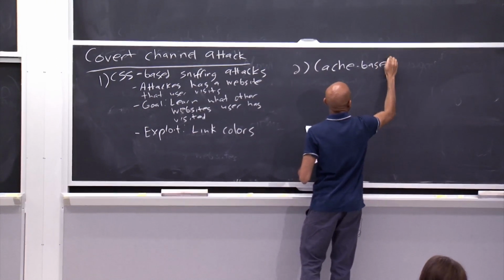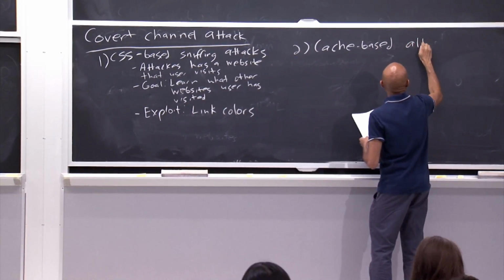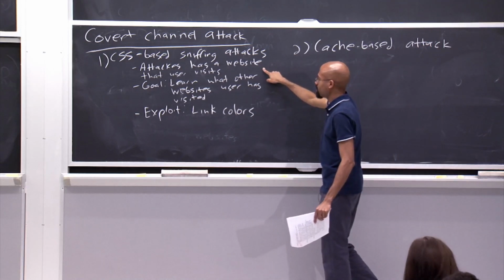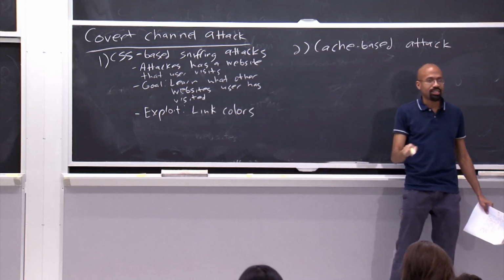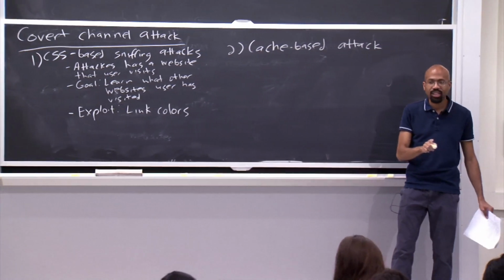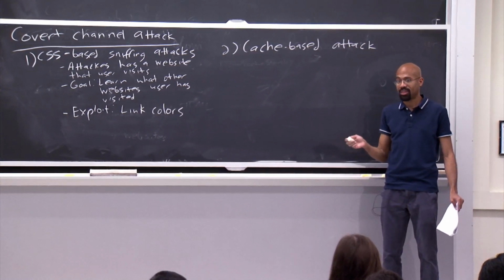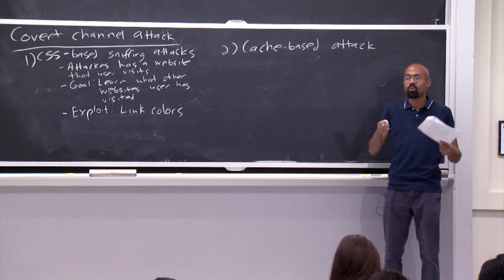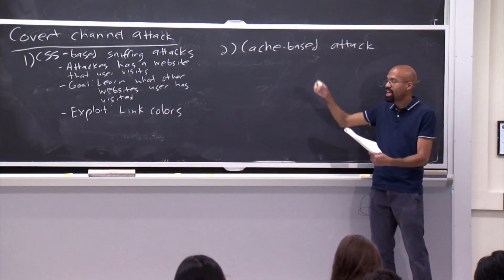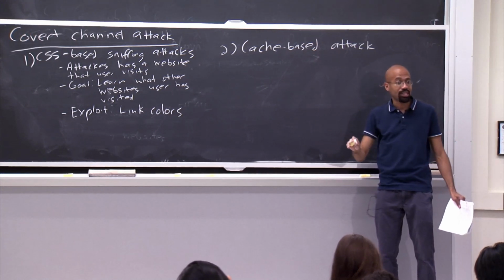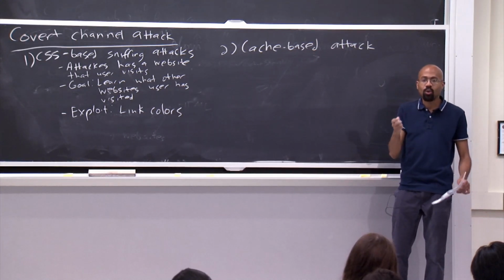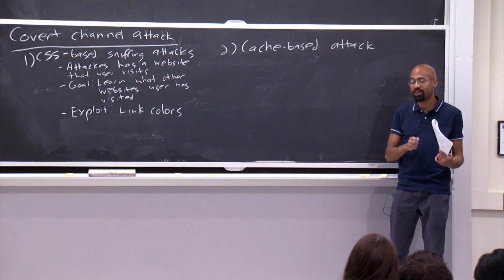And so the intuition here is that, once again, the goals are the same. The attacker wants to know what sites you visited. The exploit vector is that information that has been cached is quicker to access. That, in fact, is the whole reason why you cached it in the first place, right? So once again, the attacker can generate a list of candidate objects that the attacker thinks you might have visited, and then just time how quickly those objects come back to the attacker, right?